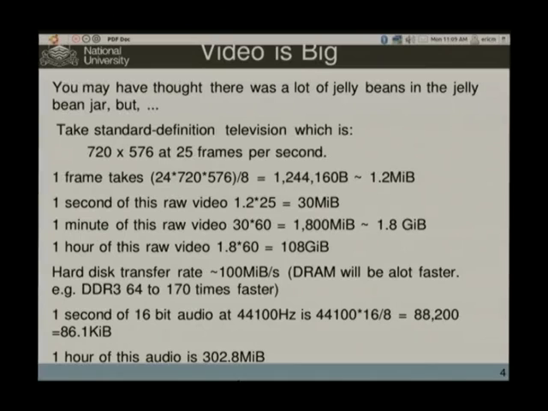Or if you went for a whole hour, you'd have 302 megabytes of data. So that also isn't too bad, but you're starting to get bigger files. You wouldn't want to have to record a week's worth of audio. You'd start having quite large files. So in both of these situations, you really want to be able to compress this data down and store it